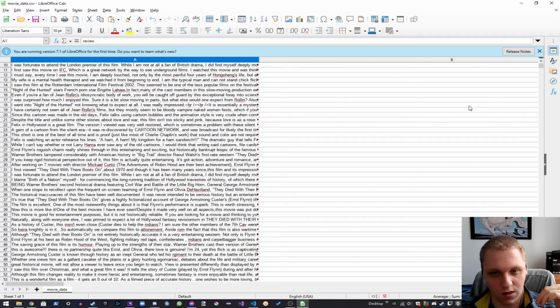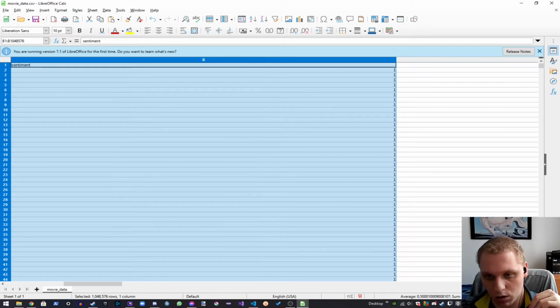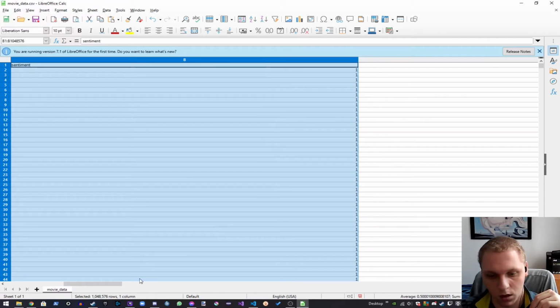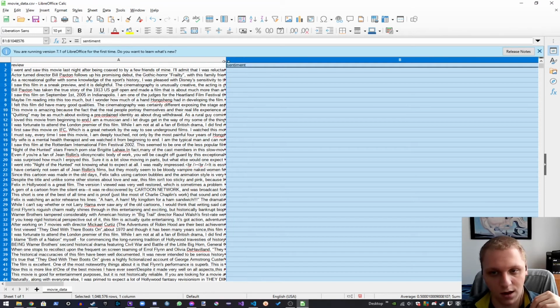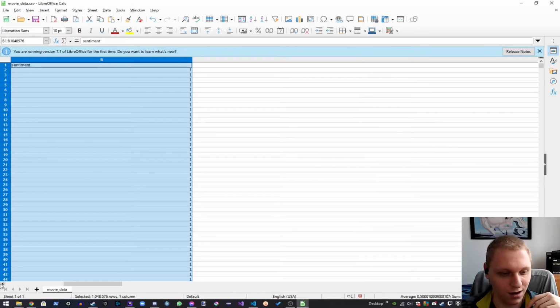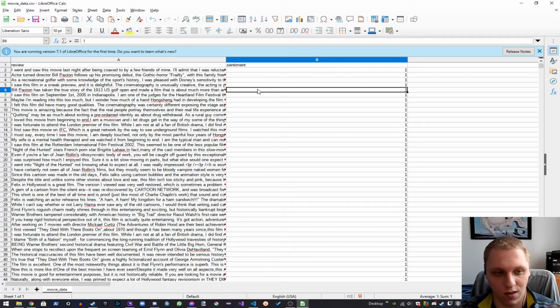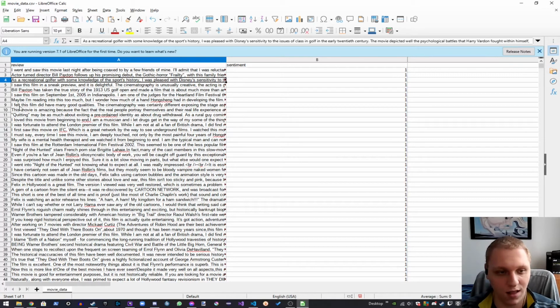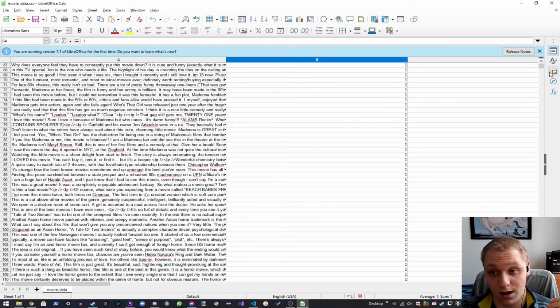I just realized that I didn't do this one properly, and it's not showing as it should. Let me readjust this a bit. There we go. No, not good enough. You can see that it shows the reviews on the left side and the other bits of data that we need. Sorry for the adjusting. So here are all the reviews and how it's determined. So we see that it's that review, and then we see that it's a sentiment, and there's a lot of data in here, like a lot of it.